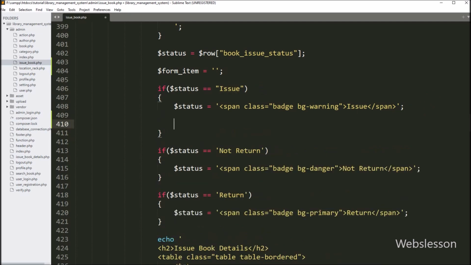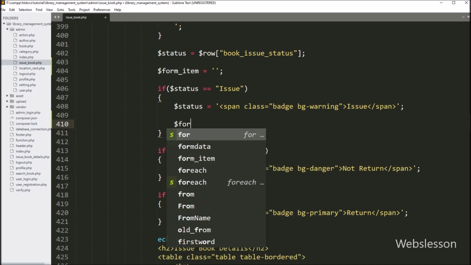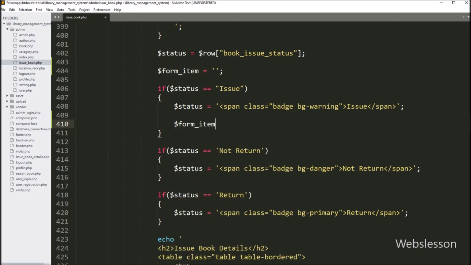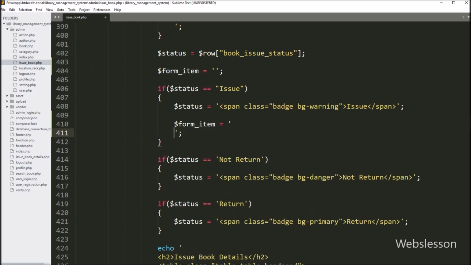So first we go to the issue book status. Here we write the $form_item variable is equal to an open and close label tag.